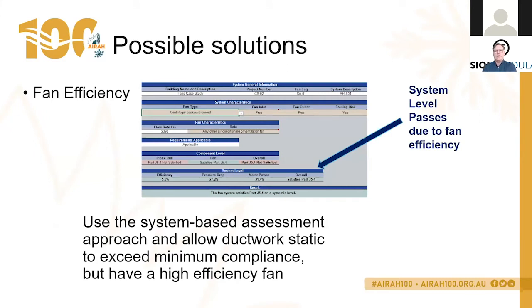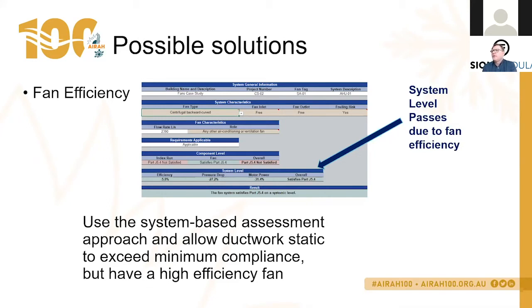So one other solution to look at, these are possible compliance-based solutions that you can go through and the options you have. This is not exhaustive. I've just got 2 or 3 options here for consideration on how we might solve this issue. One is, in this particular instance of the case study, this may not work, but if you are non-compliant on your ductwork, so you allow your ductwork to run harder and faster, particularly locally at that point, you can reduce the aspect ratio on the ductwork,